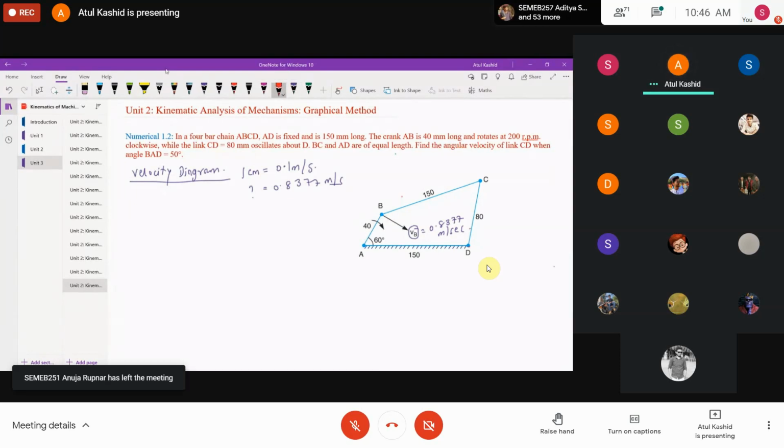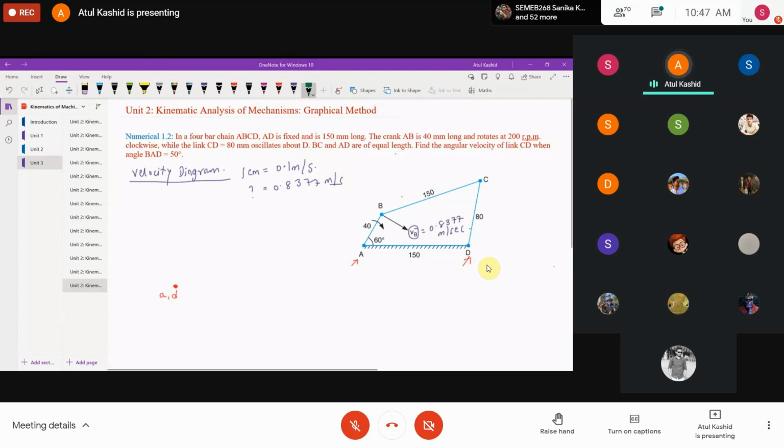What we'll do now, as I told you, when we start with the velocity diagram, we have to always take the fixed points, right? I will take the point anywhere on the page, and this will be my point A comma D, because we can see points A and D are fixed over here. So they will be at the same point A comma D. This is the first thing you should know, right? Then I told you, you have to start the velocity diagram from that point for which you know the magnitude as well as the direction, right?